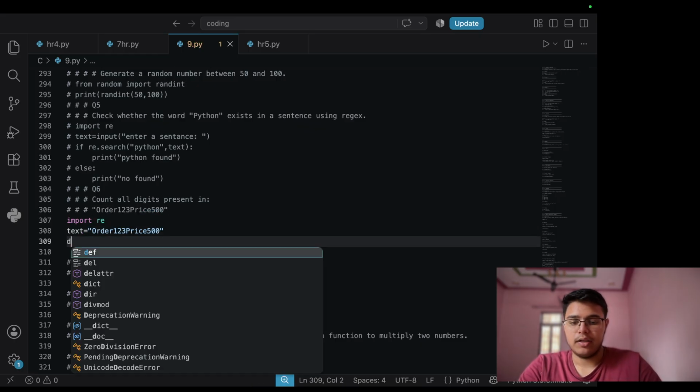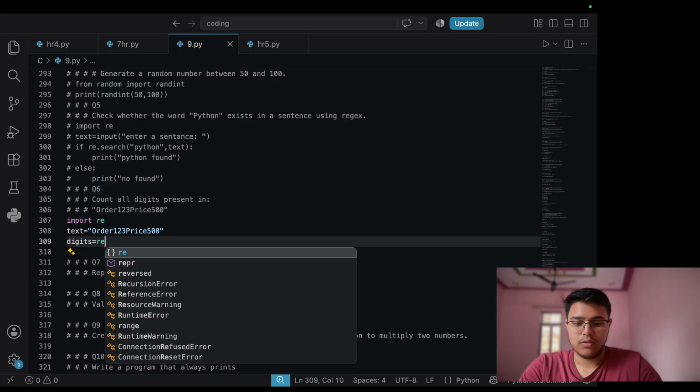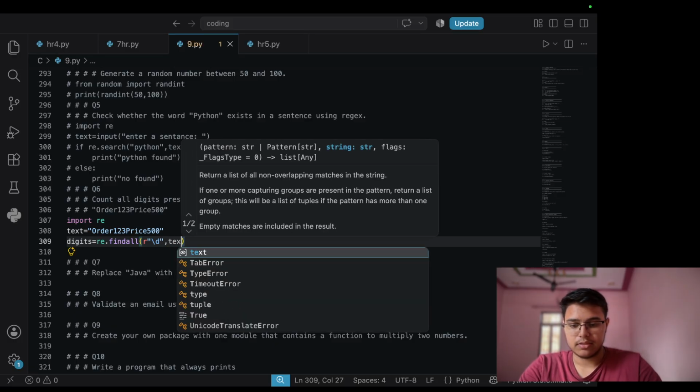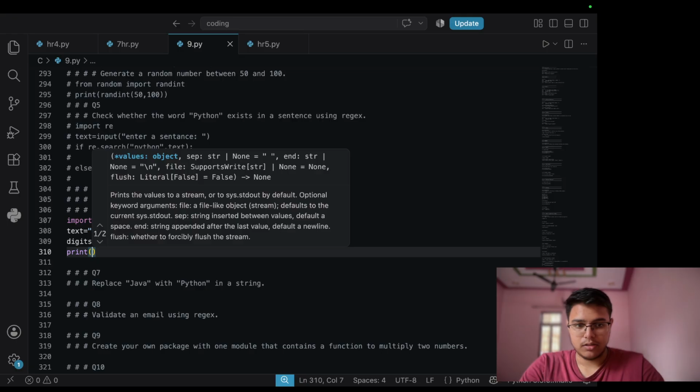Okay, and digits equals re dot findall, the pattern for finding digits, comma text, and print digits,